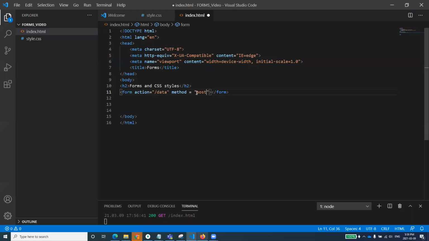So you might know that this method is equal to post and get. There are two methods for sending the data usually. And we can talk about this somewhere else, and hopefully we have already. I'm understanding that you are familiar with these post and get methods. So now in this form, we'll be just trying to do what we have to.